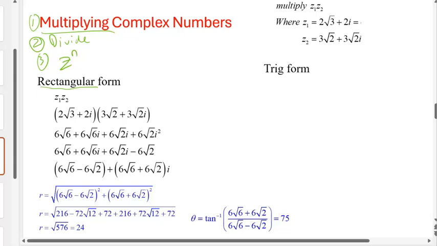Okay, let's see how to multiply these things. Let's start with multiplying. All right, so if I wanted to multiply two, and you might have done this before in like an algebra class, if I wanted to multiply two complex numbers that look like this, is the process, right? And it's real messy. So you could find the